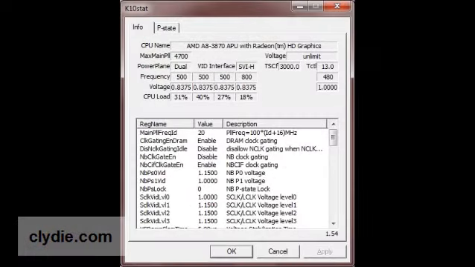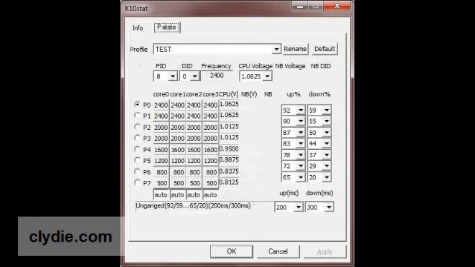K10 interface is quite simple. At the first step, you get your processor information, which is in my case AMD A8-3870K with 4 cores. Make note that the suffix K means it's unlocked. The second is P-state page, which is divided into 5 sections: profile setting, clock voltage setting, storage P-state, up and down percentage, and up and down timer.